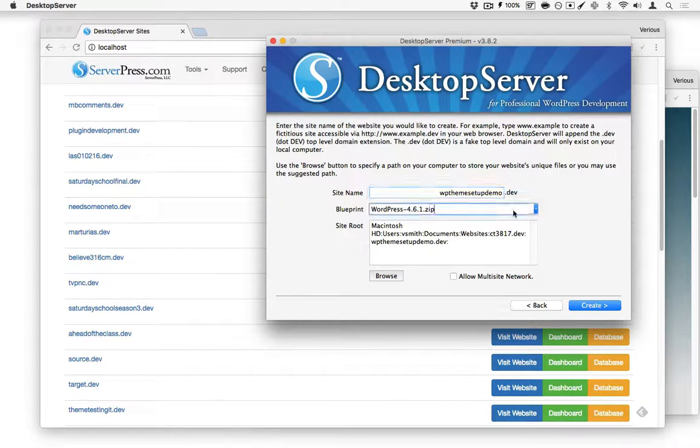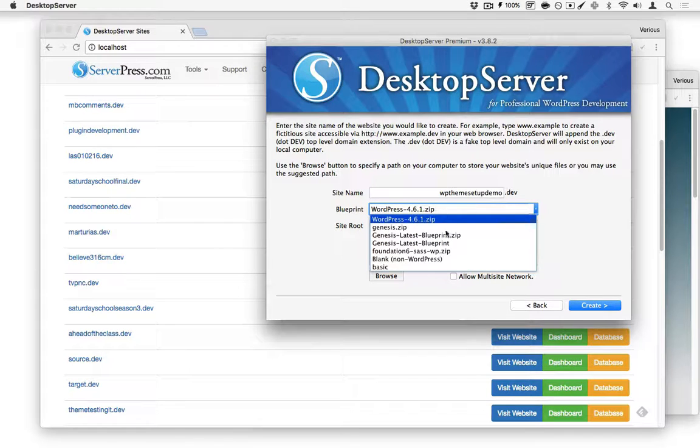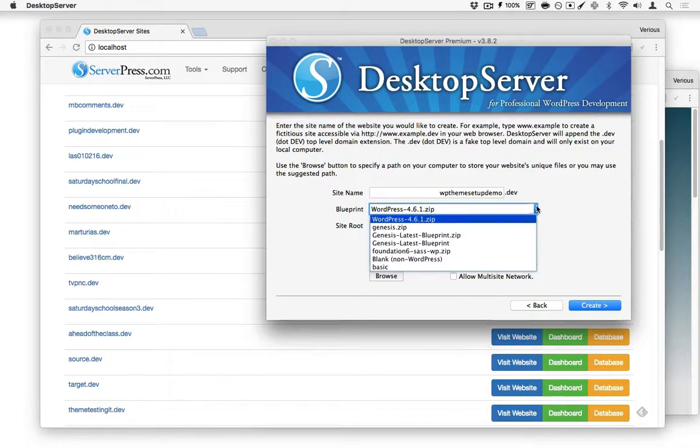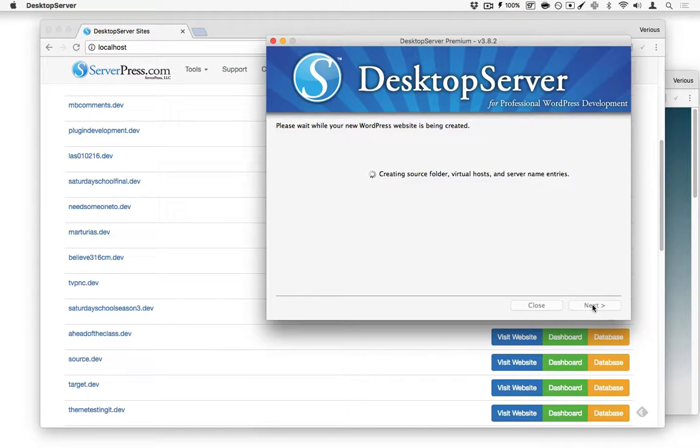I have an older version of WordPress here. It's a blueprint, which I will update, and that's 4.6.1, which is really kind of old. Now I'm just going to use that blueprint, and I'll click create, and that begins to create the actual website